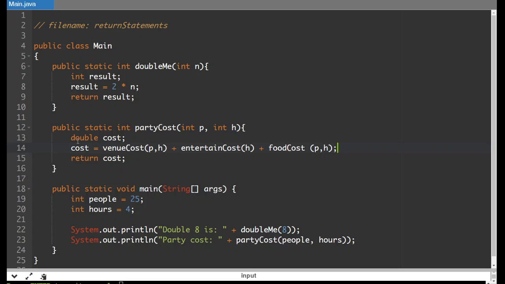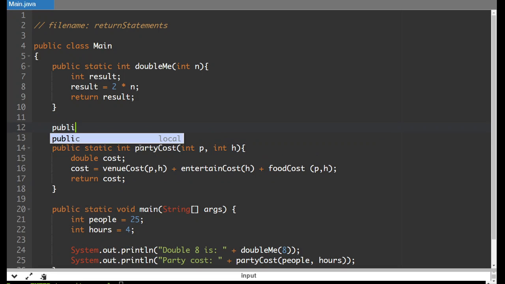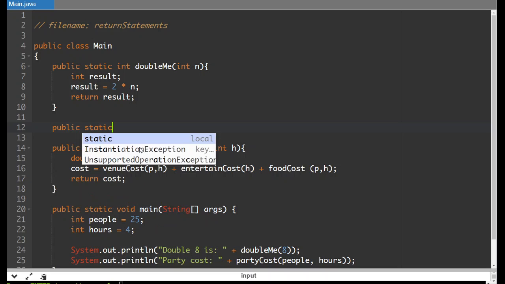Okay. So now what this is going to show is that we can use method calls in a calculation. So we're going to create a method that is going to handle all of these. So the first one is public static